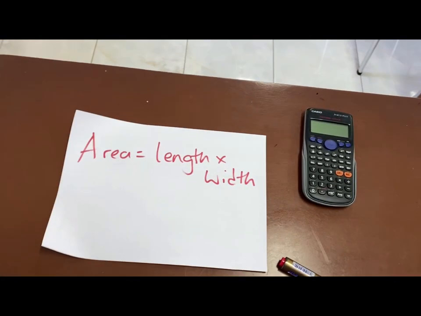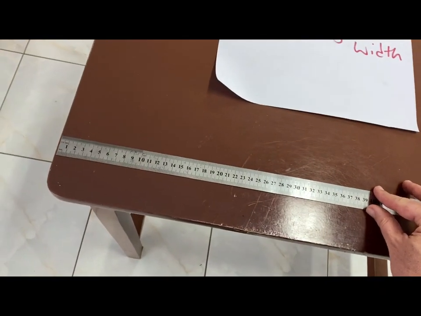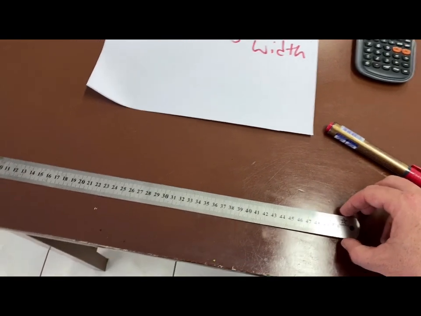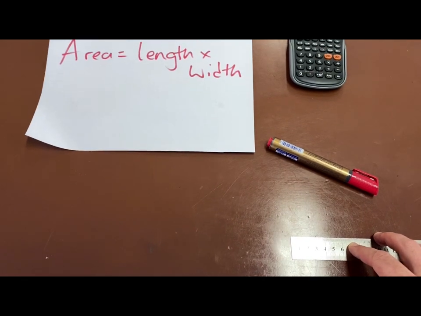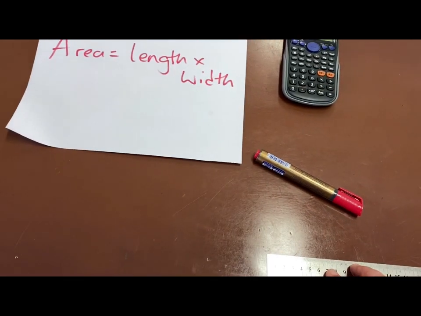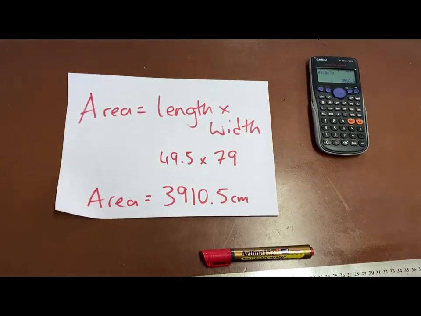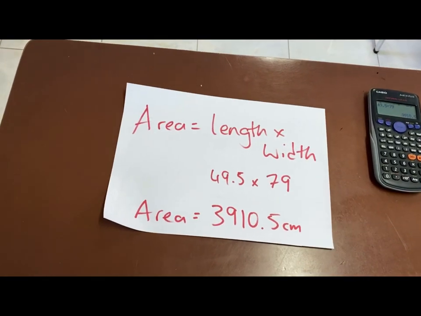And now I'll measure the width. So remember, we had 49.5. Now measure the width. Measure it up. Okay, there's the mark for 50. Slide it along to the mark, and we get 29. So 49.5 and 79 when I add the 50. Okay, so let's work that out. 3,910.5 centimeters